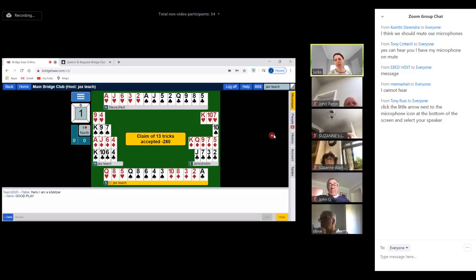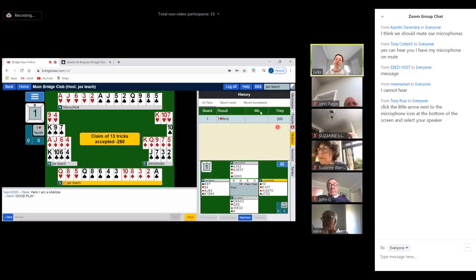And let me show you how to do that. We're going back to our tabs on the right-hand side and we're looking at history. We click on this and we get up another box. You can see immediately that what has appeared is the hand that we have just played, 1 heart plus 6,